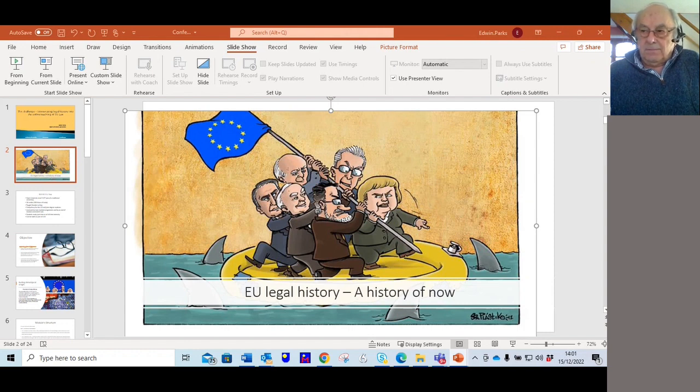There was some looking at history. In Unit 2, it looked at the fact that the idea of Europe is very old. Unit 1,